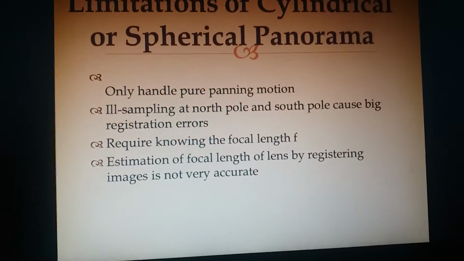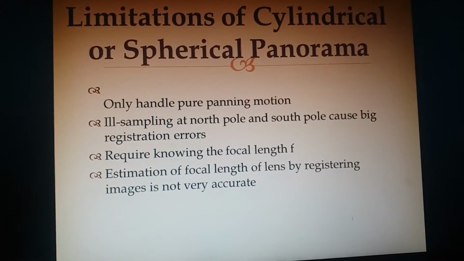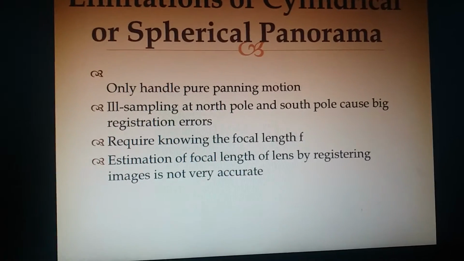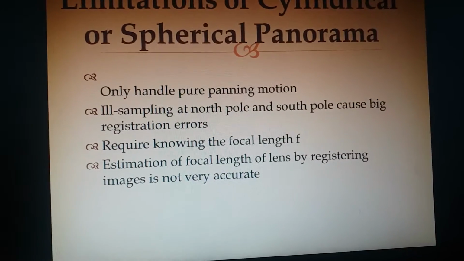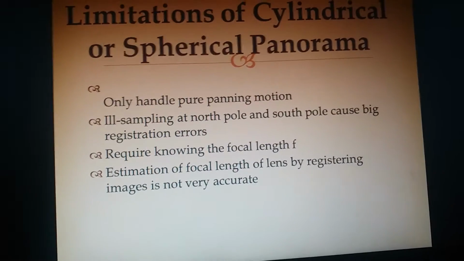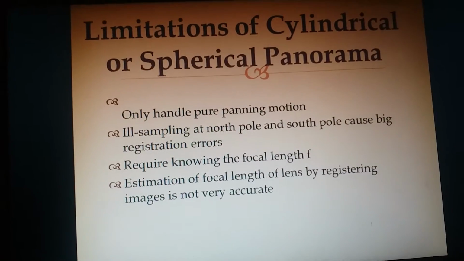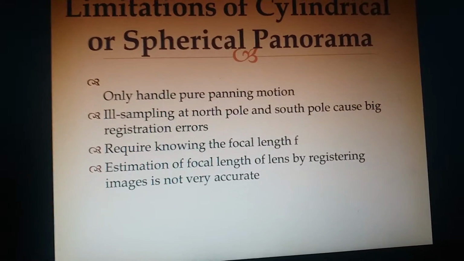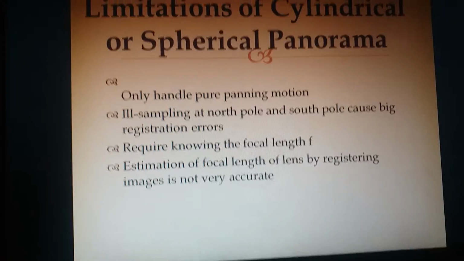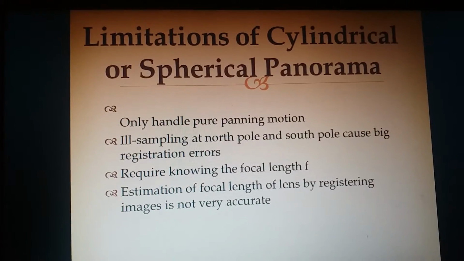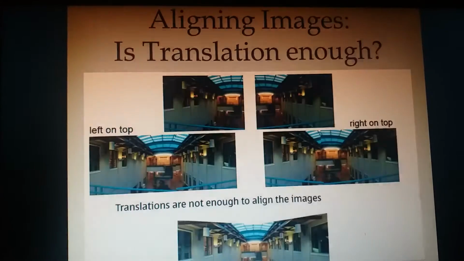As I said, for cylindrical and spherical panorama, we have to know the focal length of the lens. And as I told, in the mapping at the North Pole and South Pole, the pixels become more clustered at the top and bottom, at the circumference, so it will look a little more distorted. And even in cylindrical, straight lines become a little curved.